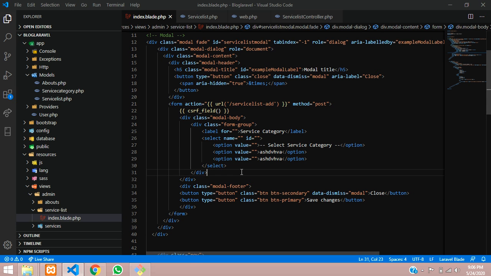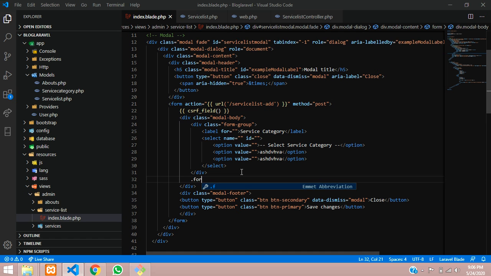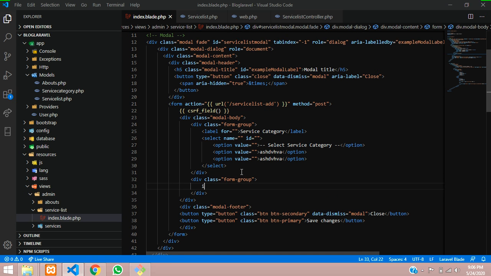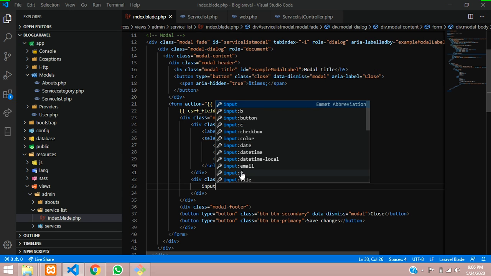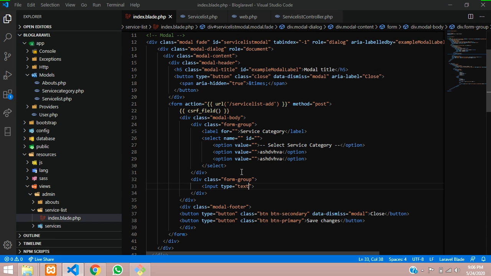So guys, now let us call the second form group, where I'm going to call the input tag, input type, where name is equal to title, placeholder is equal to enter title or service name.